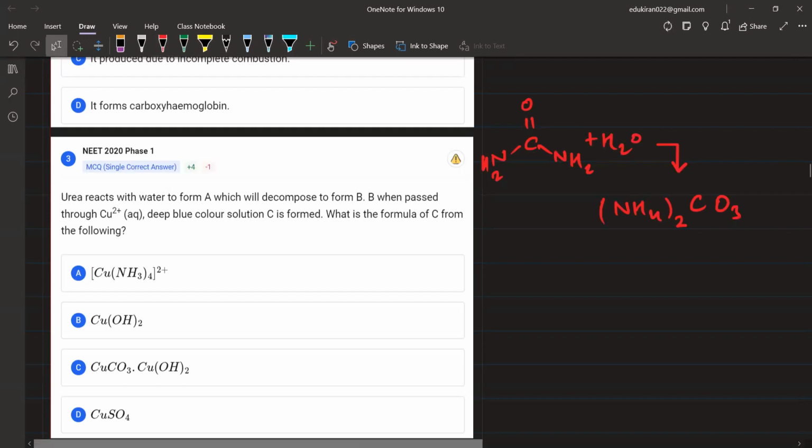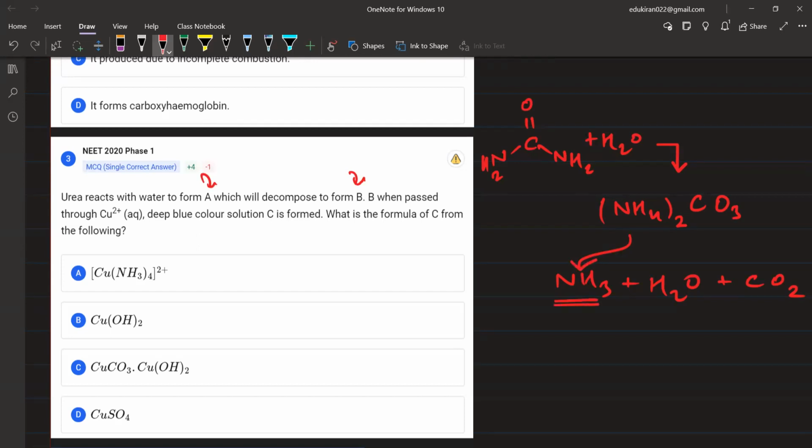Now, which will decompose to form A, which will decompose to form B. अब NH4 whole twice and CO3, when it is going to decompose, it is going to form a few things. What are the few things that it is going to form? It is going to form NH3 plus it forms water. Now with remaining of the carbon, अब कितना कार्बन बचा है उसके हिसाब से, one CO2. ठीक है, I think it will form 2 moles of ammonia. ठीक है, but again that is not very much required कि balanced chemical reaction नहीं चाहिए, but it forms